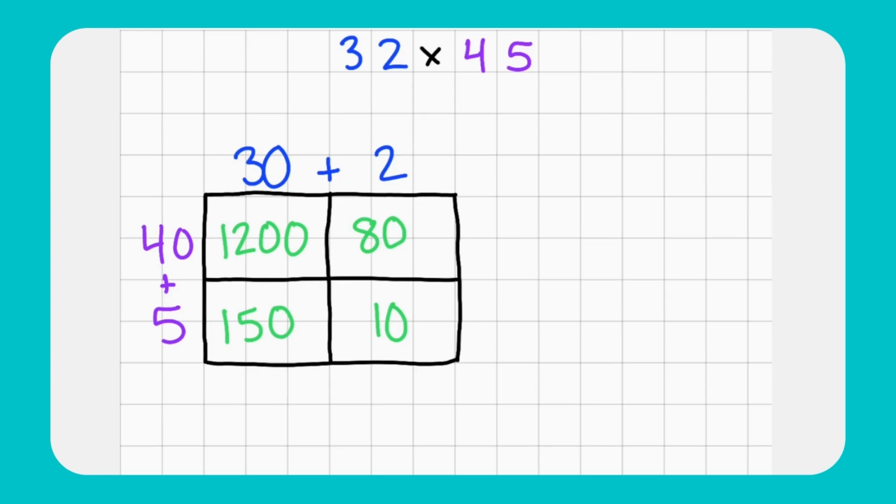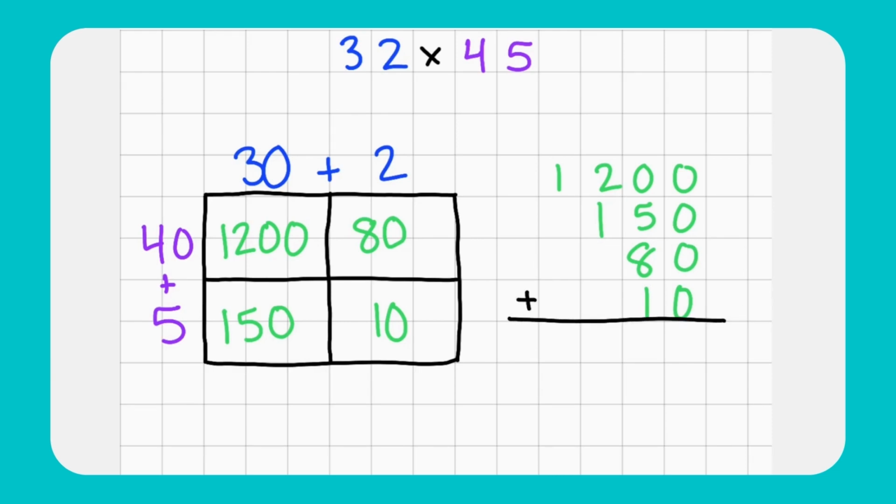So I usually line them up biggest to smallest or greatest to least, because that helps me keep my addition a little bit neater and helps make sure that I make fewer mistakes. So I'm going to put 1,200 up first. The next greatest is 150, then 80, and then 10. And you can put them in any order because we're going to add them. And you can add numbers in any order and the answer will be the same.